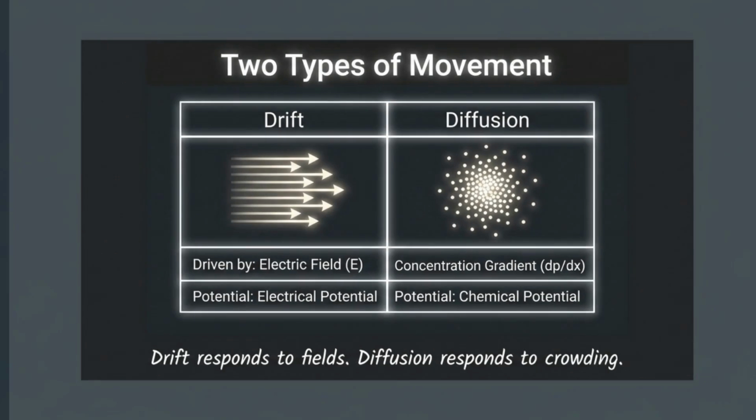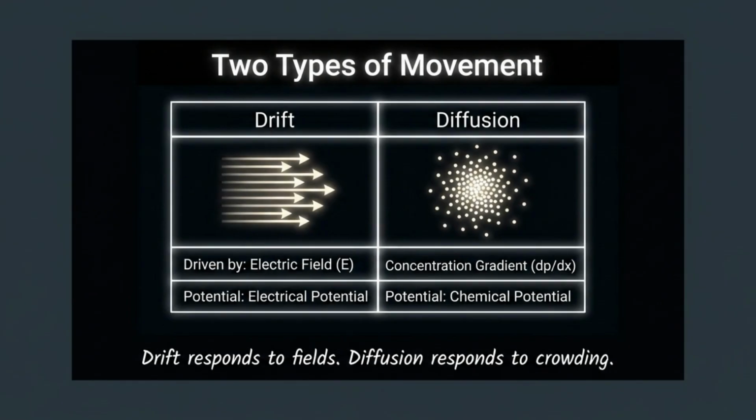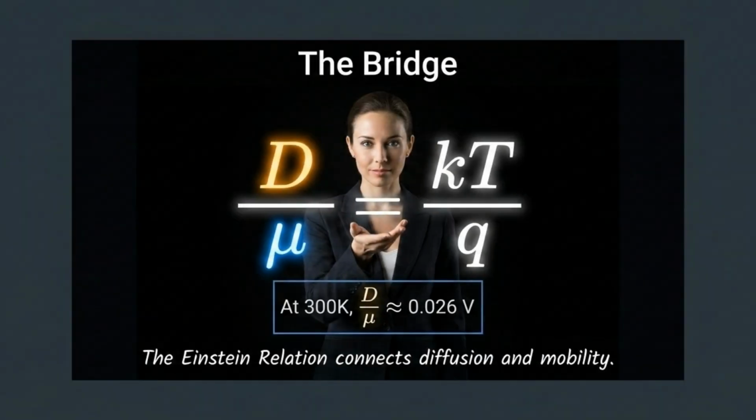Hall coefficient. We distinguish between two types of movement: drift, which is driven by electric fields, and diffusion, which occurs in response to concentration gradients or crowding. The Einstein relation acts as a bridge, mathematically connecting the diffusion coefficient to mobility, providing a deeper look into carrier